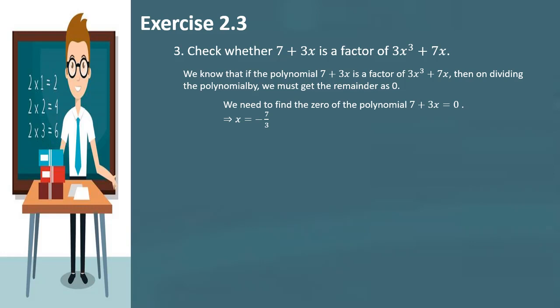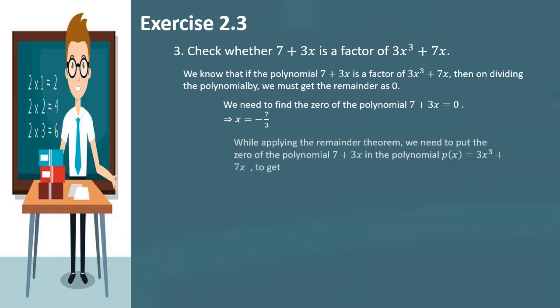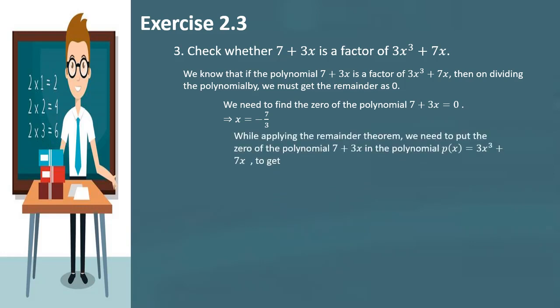तो जैसे आप 7 प्लस 3x को 0 पुट करोगे ना, तो आपको यहाँ से x का वैल्यू मिल जाएगा माइनस 7/3. सब्स्टिट्यूट x इक्वल टू माइनस 7/3 इन p ऑफ x. p ऑफ माइनस 7/3 = 3 ब्रैकेट माइनस 7/3 होल क्यूब प्लस 7 इंटू माइनस 7/3. कैलकुलेट करोगे तो 3 मैंने एज इट इज बाहर रखा, 7 का क्यूब 343, 3 का क्यूब हो गया 27, नेगेटिव का होल क्यूब दैट इज नेगेटिव। नेक्स्ट स्टेप माइनस का 49/3 एज इट इज कॉपी किया हुआ है।